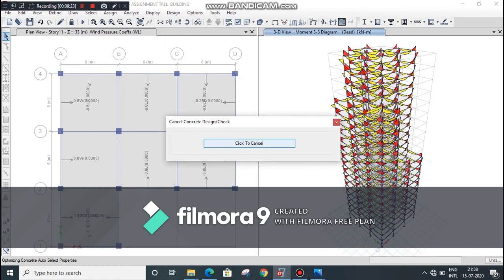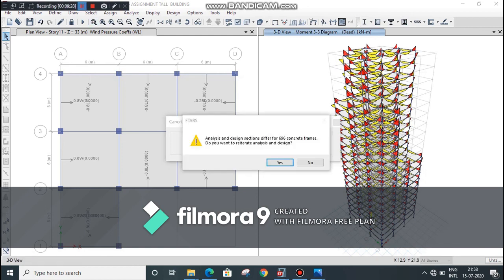It will take some time. Here you can see 696 concrete frames are different. It shows that you want to reiterate analysis and design.